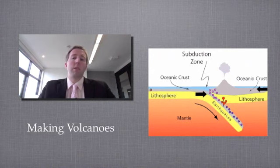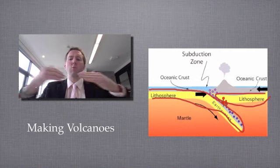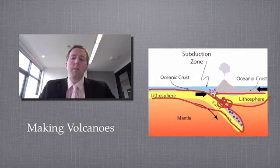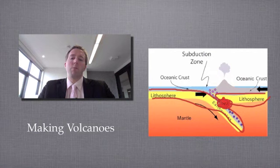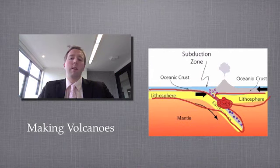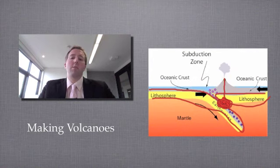But the most exciting way a volcano happens is when subduction occurs. What happens during subduction is one tectonic plate slides underneath another tectonic plate. Now, when one plate slides underneath the other, there's all sorts of friction and heat, and the tectonic plate that's sliding under melts. So the rock melts and forms a magma chamber. All this molten rock forms just underneath the Earth. Because it creates a lot of pressure, it tries to find a way out of that little chamber it's stuck in, and often it'll find its way up through the crust to the surface of the Earth, and it will end up spilling over the top and making these